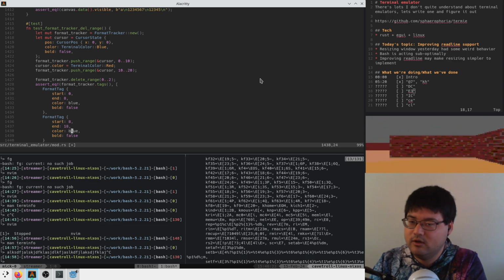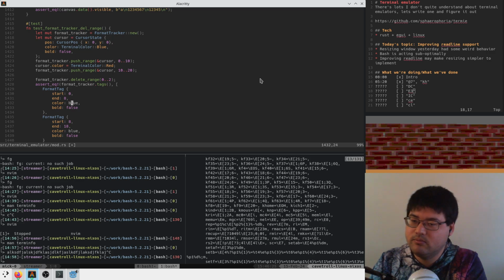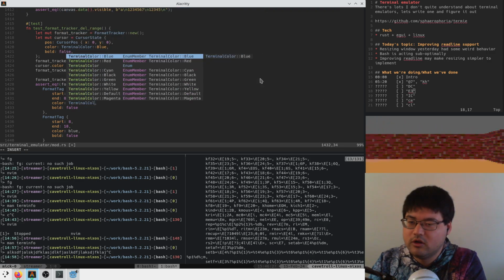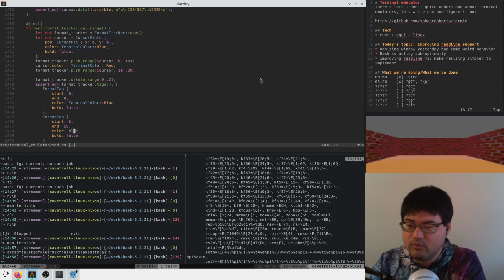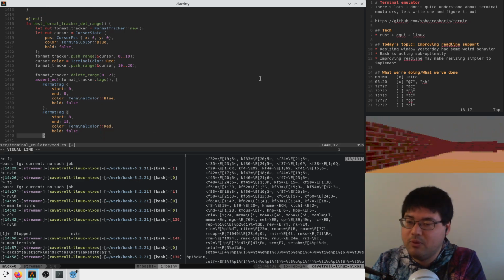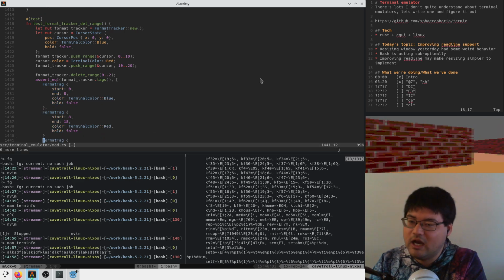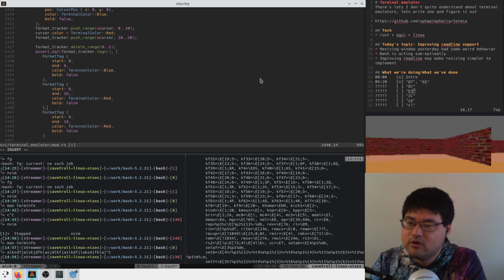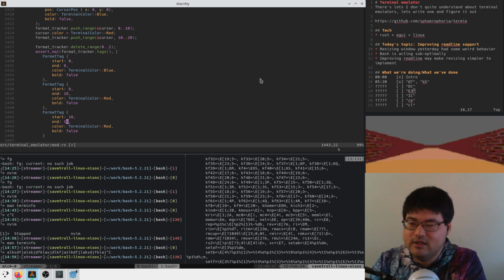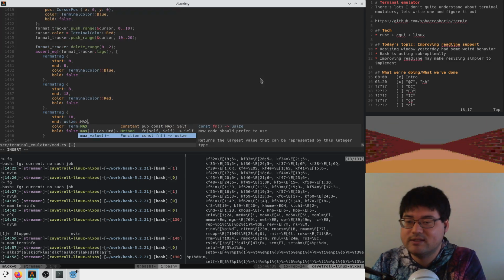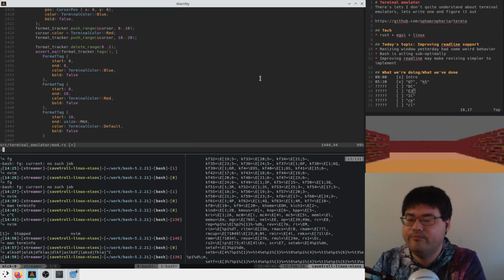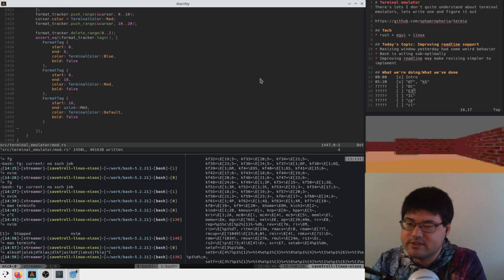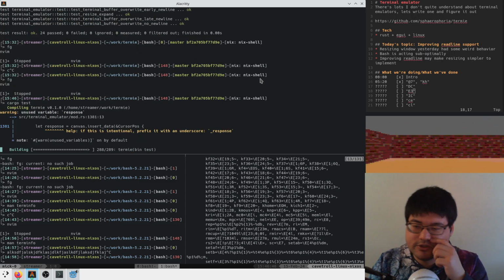And this, blue is not valid here. Terminal color blue. This should be terminal color red. And then at the end, we have something that's from this to the end of time, just default. So this is 18 to usize max. And it's default. Like this. Cargo test. Let's just check if that